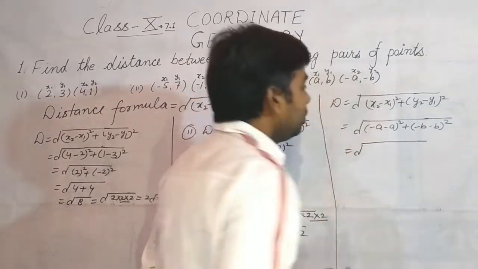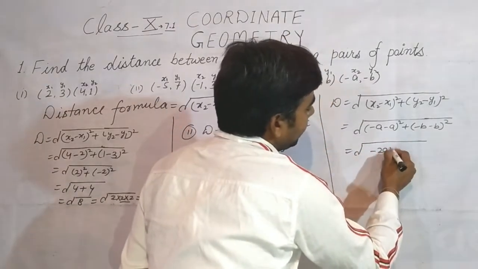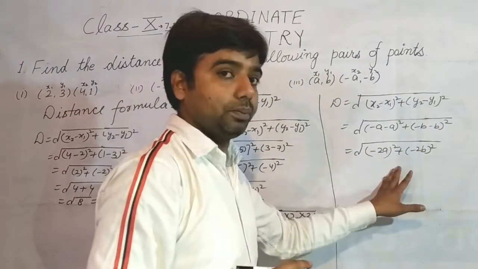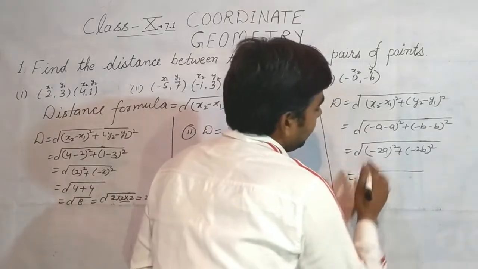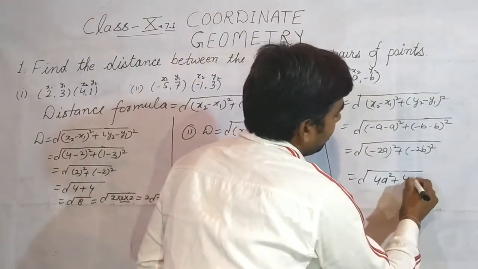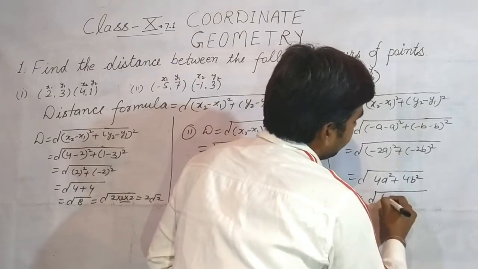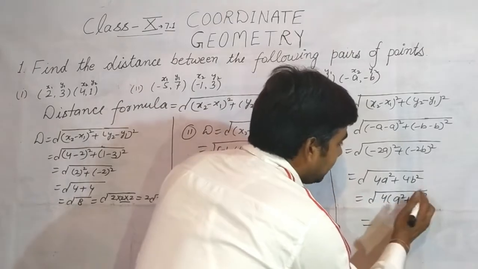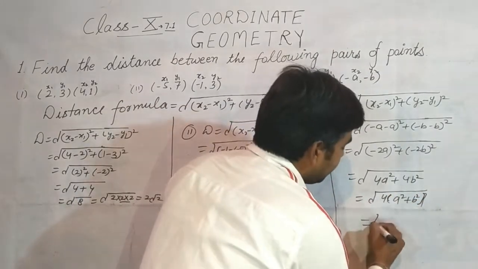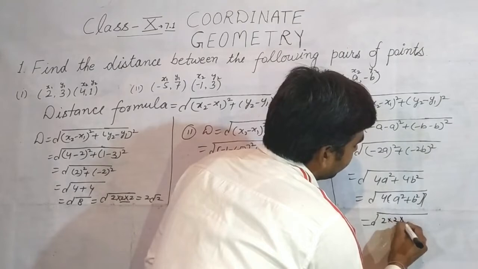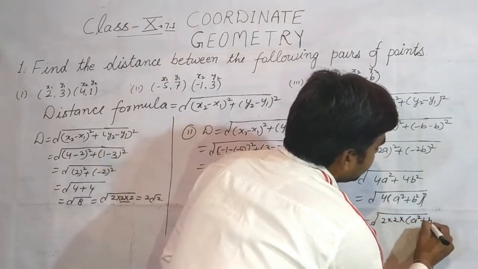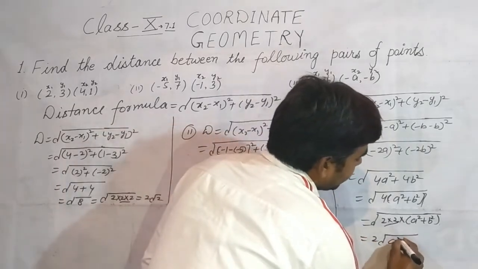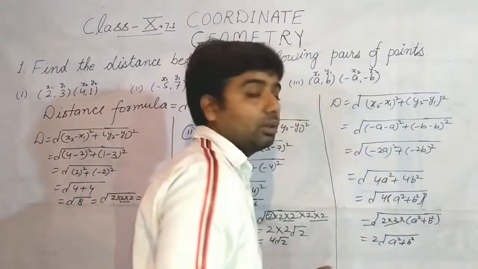And by the rules of minus, it will be minus 2a square and minus 2b square. It should be known to you. It is required to be known to you. It will come 4a square plus 4b square. We can take 4 as common, a square plus b square. This 4 and this complete bracket, both are multiplied. We can write it like that also. a square plus b square. Do we have any pair? Yeah, we are having a pair. This is a square plus b square. That's all for the question. Thank you.